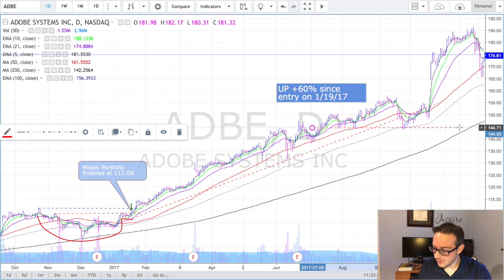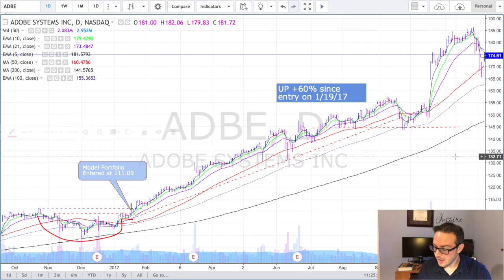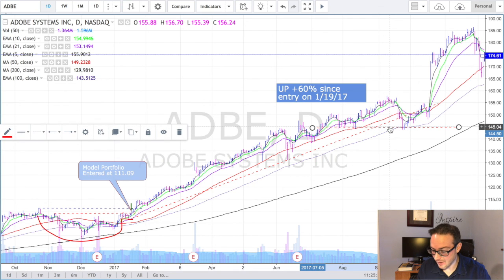So we want to avoid that, and we want to be consistent with what our goal is. And the goal, for the sake of sounding like a broken record, is to hold for the bulk of the move, and that's what we ended up doing. That's why we didn't raise our stop immediately, because we knew that this floor hasn't been properly established. And then after it was tested and then started to rally off of it,